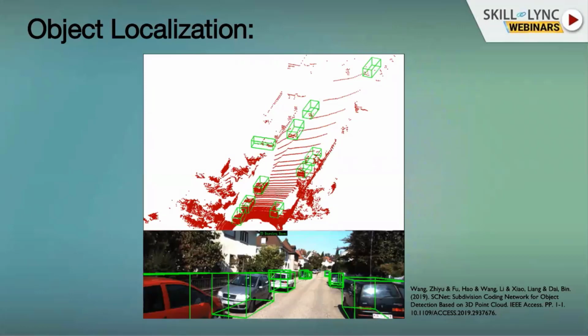We usually do localization most of the time with the help of LiDAR, and then fuse it with the camera data, because every sensor is important. As I explained in the previous slide, there are multiple sensors like camera, radar, and LiDAR. We collect the information from each and every sensor and fuse it, so that we get the best information from all the sensors. In this case, we fused camera and LiDAR information to get what object is in front of your car and how far it is.